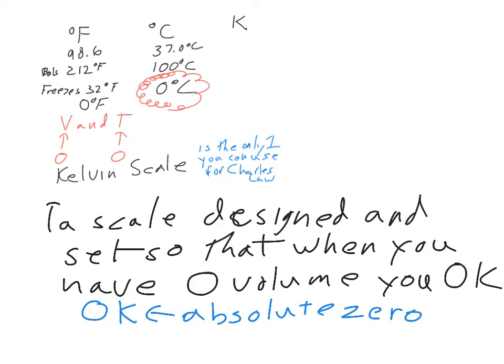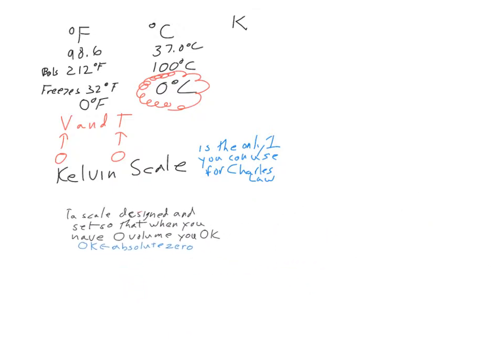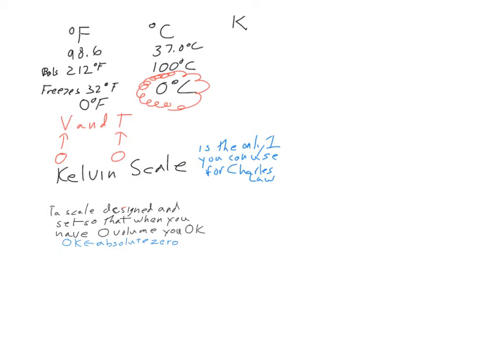Now, the relationship between Kelvin and Celsius is really simple mathematically. Your temperature in kelvins, and we never say degrees Kelvin because Kelvin's an absolute scale, so it's never degrees kelvins, it's just kelvins. Your temperature in kelvins is equal to whatever your temperature in Celsius is plus